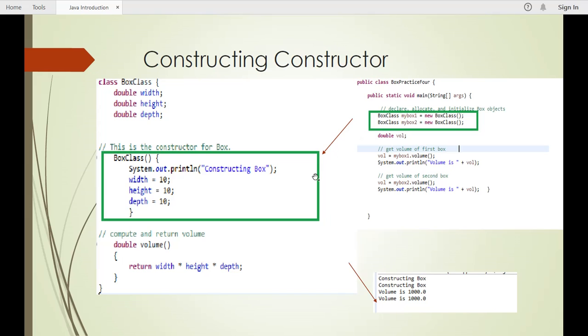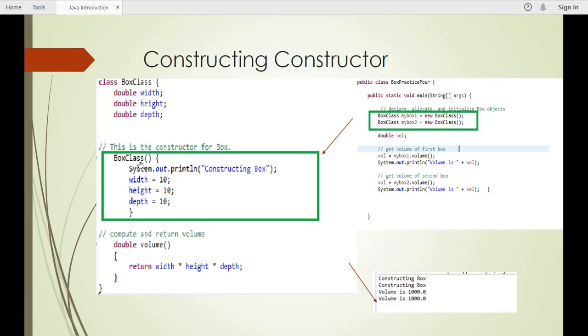Box is the class name, and we can create another method without parameters, which assigns some values: width equal to 10, height equal to 10, depth equal to 10. This means whenever the object is created, it automatically initializes values to those instance variables, and they can be used in the volume function which returns a value.